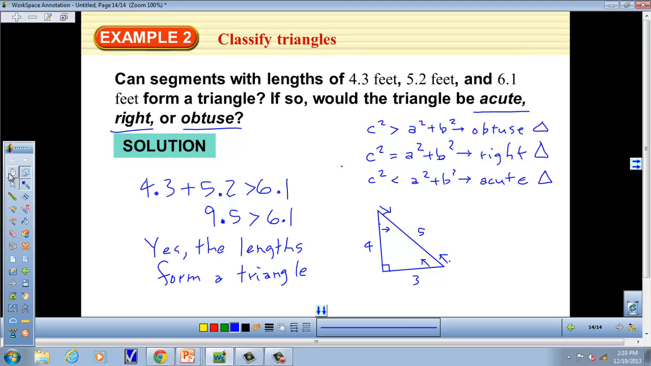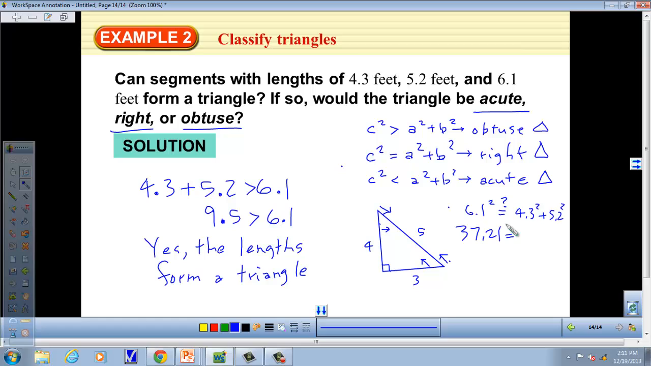So, in this problem, let's see what we have. We have, I'm going to squeeze this in, 6.1 squared, and we don't know what's going to happen, so we'll put a question mark there. And we get 4.3 squared plus 5.2 squared. Okay, I'm going to need my handy dandy calculator for this problem. Give me one sec. So we're going to look at, first of all, 6.1 squared. 6.1 squared gives me 37.21,